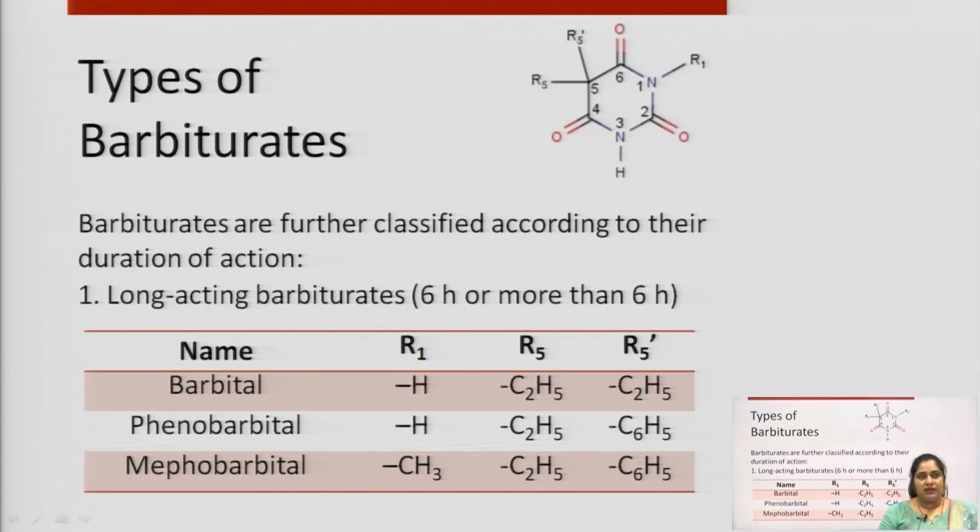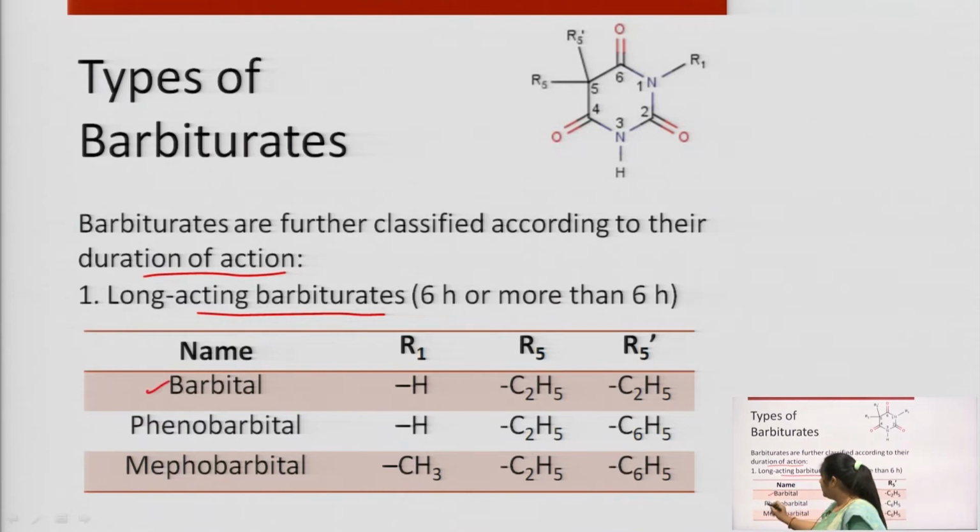Barbiturates are further classified as per their duration of action in the body. First of all, long acting barbiturates. Long acting barbiturates means they have 6 hours or more than 6 hours duration of action in the body. Examples are barbital, phenobarbital and mephobarbital. And this is a